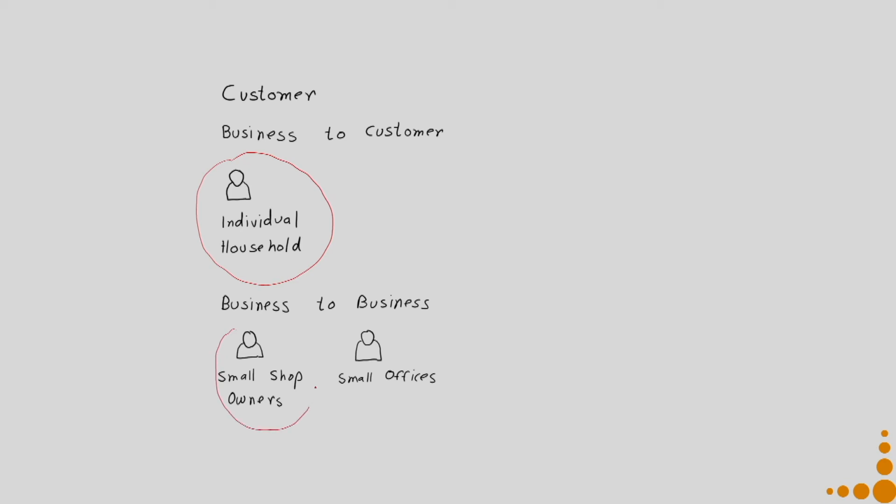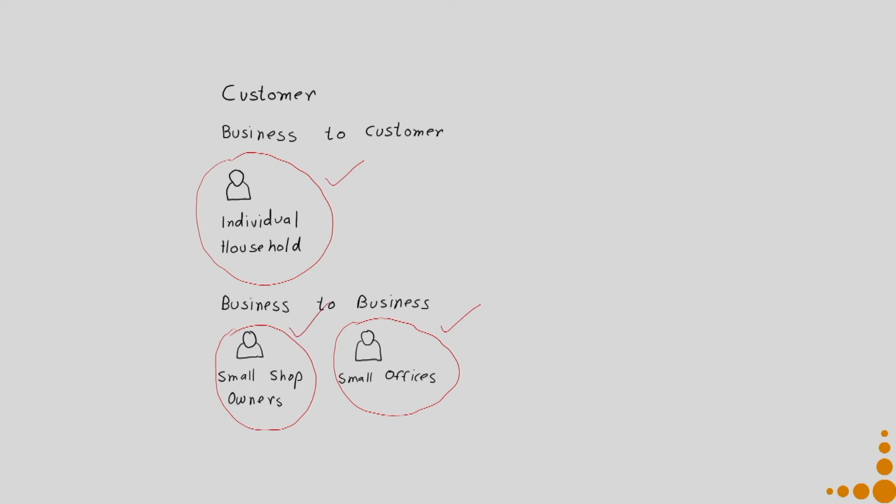So, they also have a small business to business sale in which they sell to small shop owners or small offices. Why do we need to identify each one of them? Because even if they contributed anyways, I reach the households in a different manner. The advertisement campaign has to be different for these people.